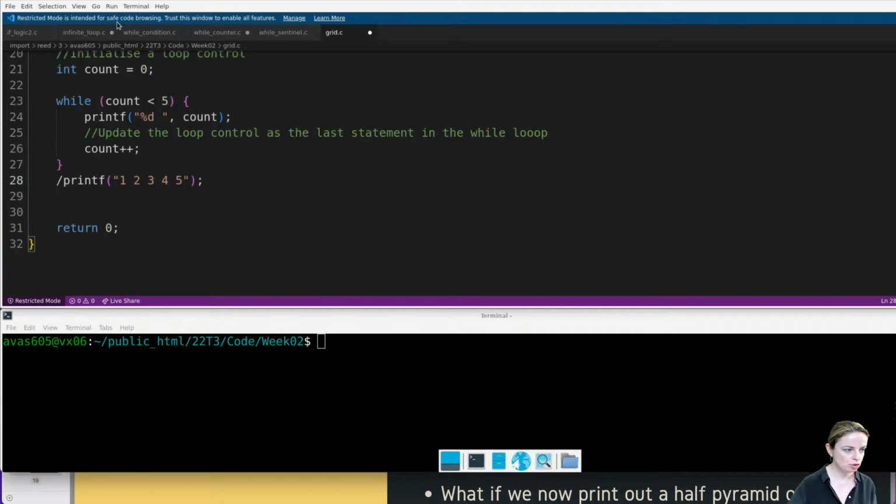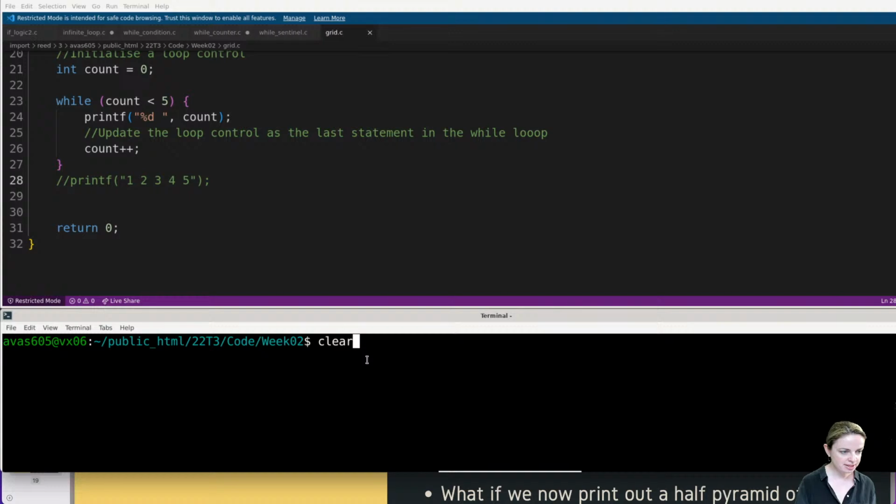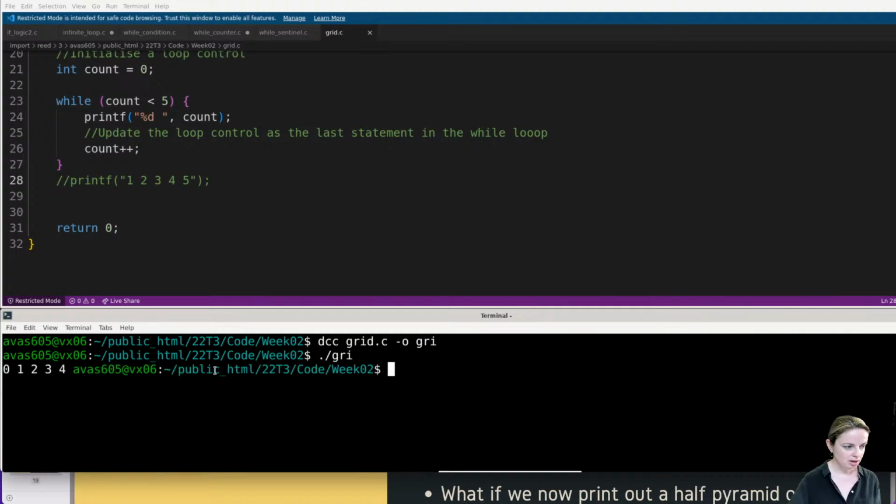Okay, what's this going to do for us? Let's have a look what this does. And when you're doing your coding, try little things at a time, okay? Because once you do a big chunk of code, you're highly likely to break something, and then it's much harder to go back and find where the mistake is. So let's run it. Okay, it's printing 0, 1, 2, 3, 4.